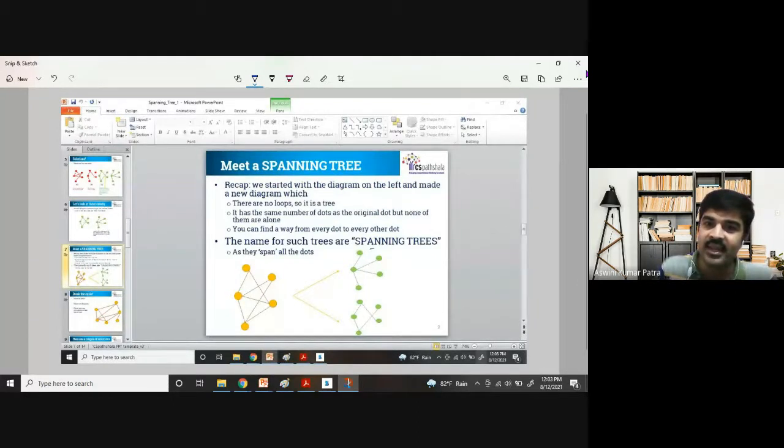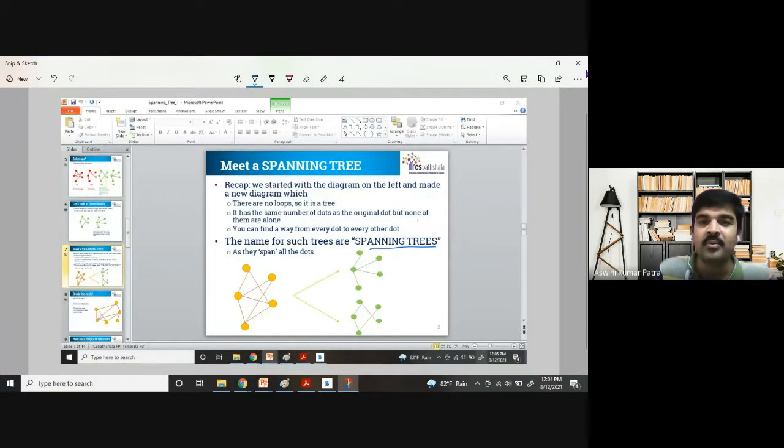Why is it called a spanning tree? It's a typical version of a tree. As I told you, there are varieties of trees: a spanning tree, a binary search tree, a B tree, a heap tree, a B plus tree, a red black tree, a 2-3-4 tree. I'm not describing all those varieties, I'm just naming them to make sure you know that it's not the end of the world. There are many varieties of trees.